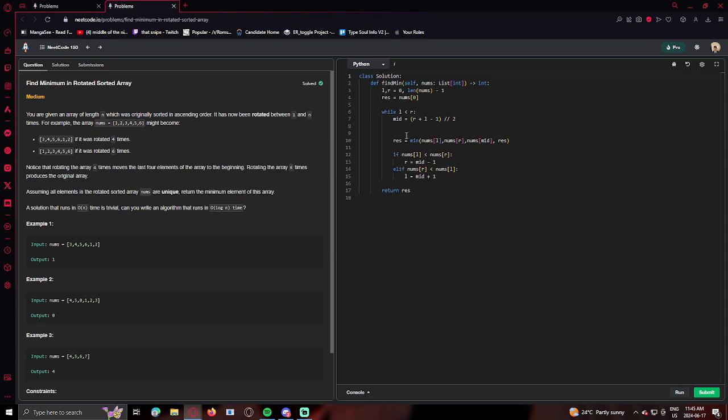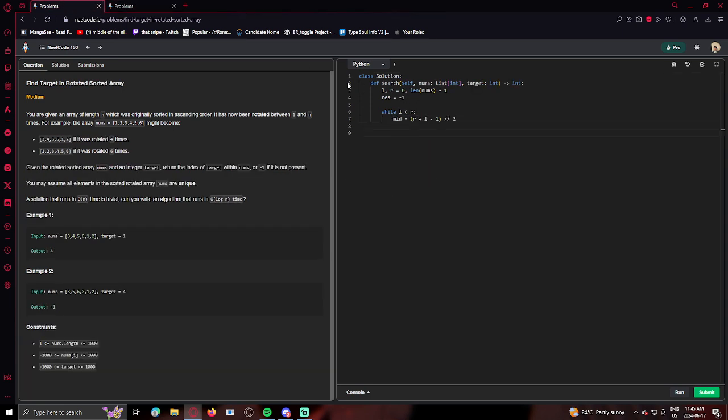So the middle is going to be the same thing we did over here, as always. And then the middle integer, we're going to see, same thing as before. If nums at mid equals target, res equals target, break,